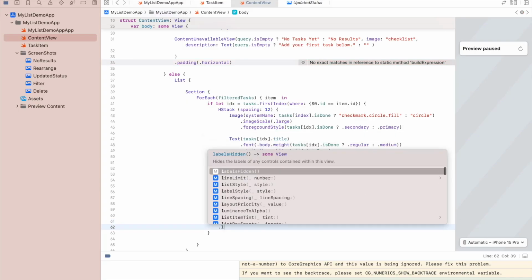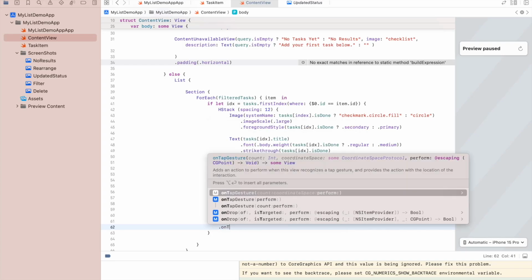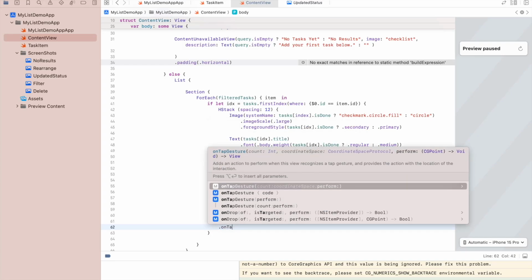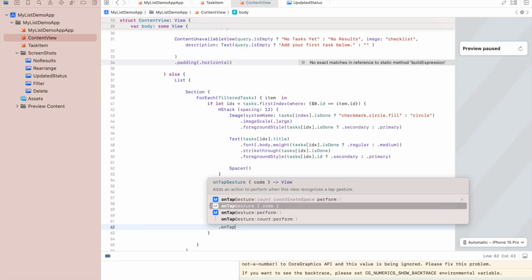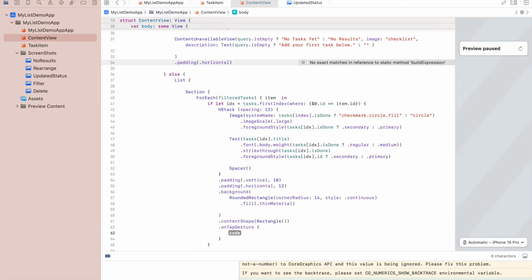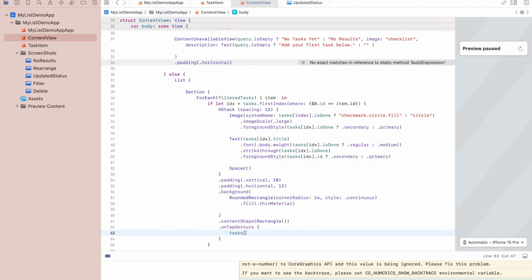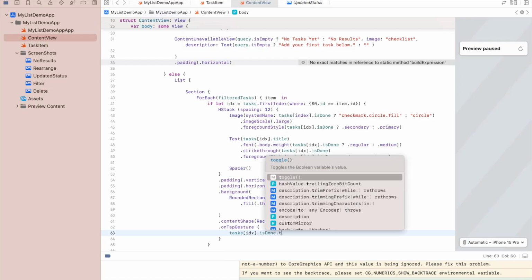And we also need to use on tap gesture. And the on tap gesture will execute when that row has been tapped. Just type in task idx is done dot toggle,